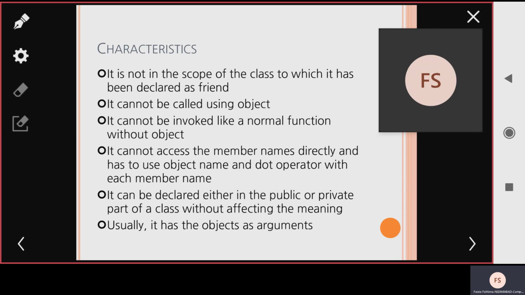It can be declared either in the public or private part of a class without affecting the meaning, so we can use a friend function inside a private block or a public block. It doesn't change the meaning of that class. Usually it has objects as arguments. Previously we used normal variables in functions, but here in a friend function we pass objects.